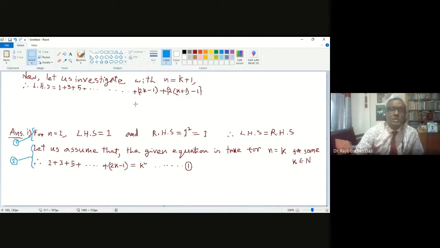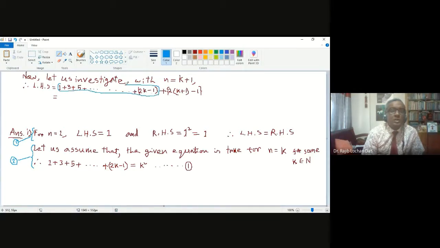So you think in that way, then the previous number will be 2k minus 1. Now it is important because now you can apply the value in equation number 1. So how can you apply? Because if you think up to the second last, this whole thing will be your equation number 1.